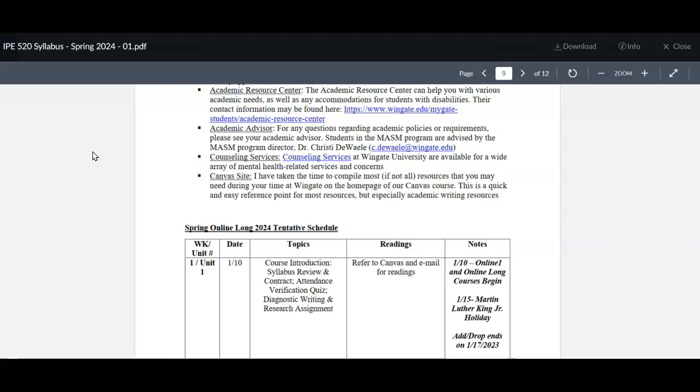This is not a course that you can throw this stuff together. You can't draft these papers a week before the due dates. You have to continually be working on them, be engaged with all the research and the literature that exists in order to perform well in this course. So